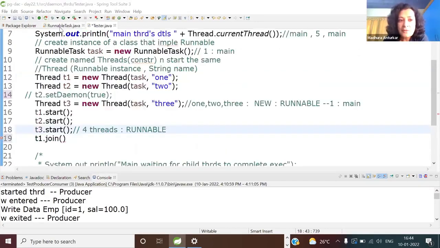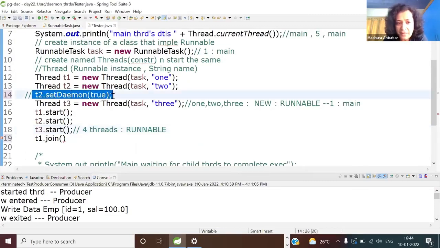So I don't know. First thing, I'll repeat the instructions. Open tester and comment this line number 14. Heard me now? Okay, so comment this. So I said, what is the nature of all the threads now? All user threads except the garbage collector. The garbage collector anyway we are not working on currently. Done this much?